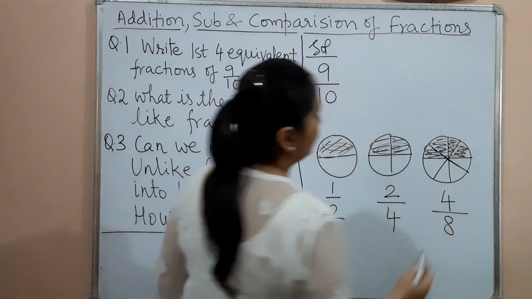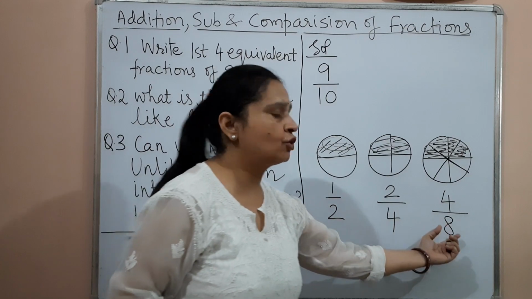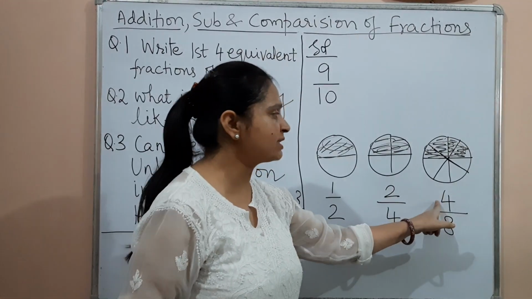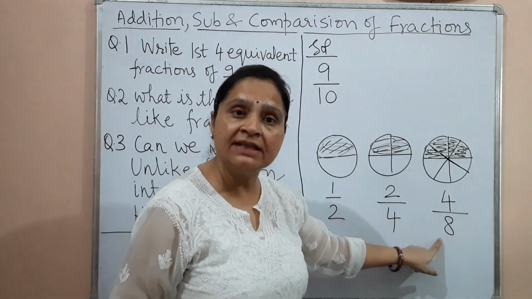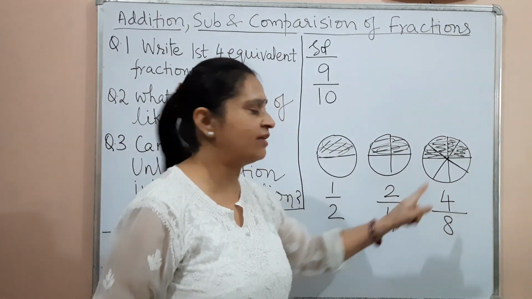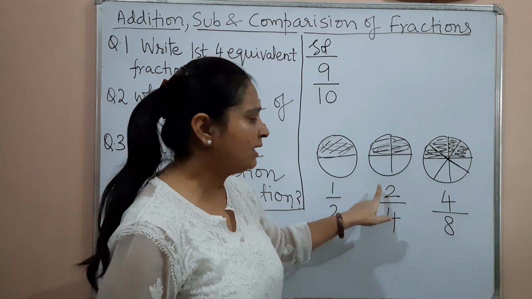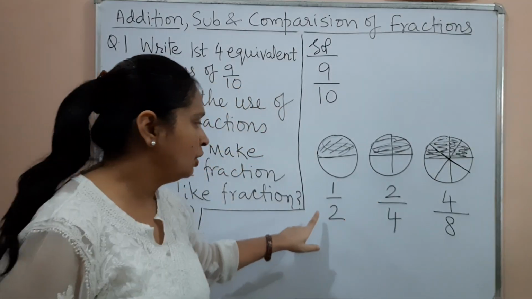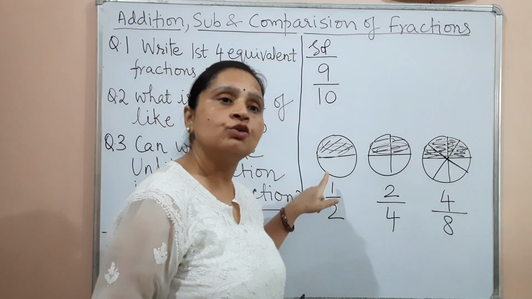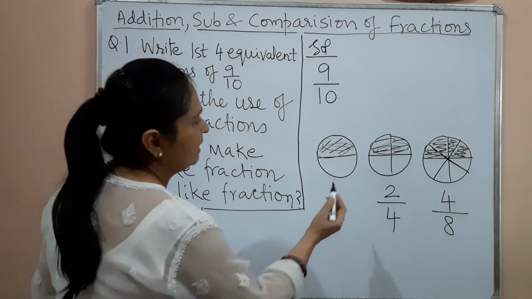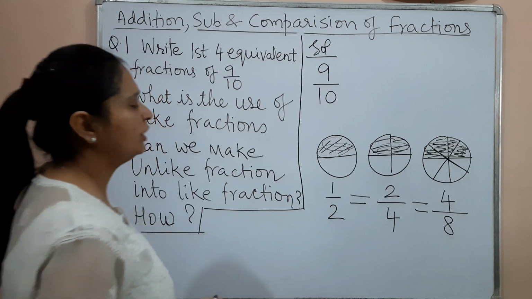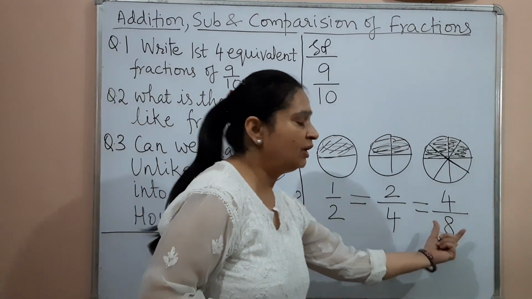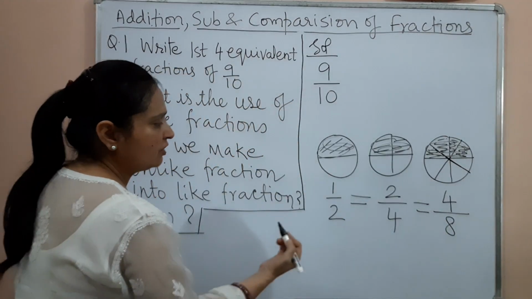In all of them, we can't say that one person has got more, because there are 4 pieces, but the cake was divided into 8 pieces, out of that half of it was given. Divided into 4 pieces, out of that 2 pieces were given. Divided into 2 pieces, out of that 1 piece is given. That means they are equivalent fractions. That means what are we doing? We have written these three fractions. We have just manipulated the things.